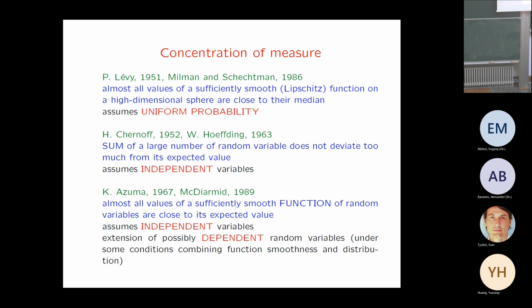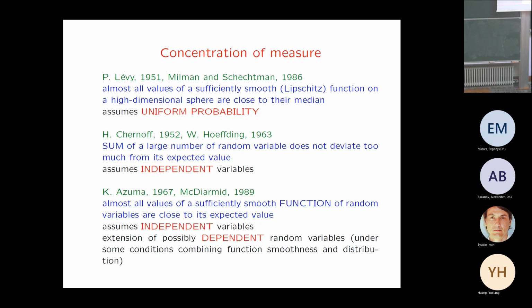Independently, the same phenomenon was also discovered by people in probability theory, and they, instead of functions which are, say, smooth, studied sums of large numbers of random variables, and they discovered that such sums don't deviate too much from the expected values. And again, there's an essential assumption of independence. But even further